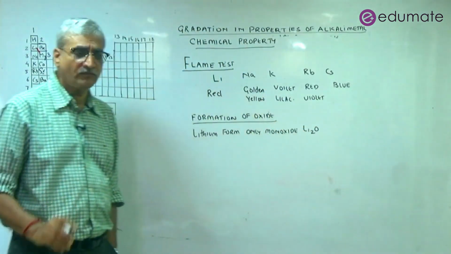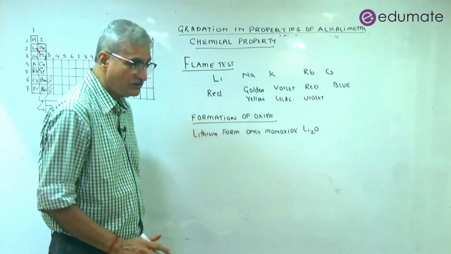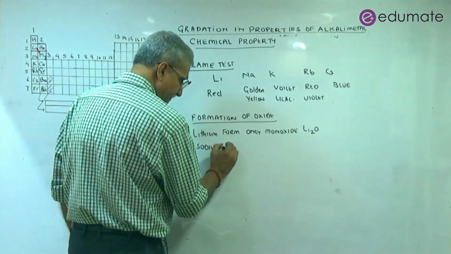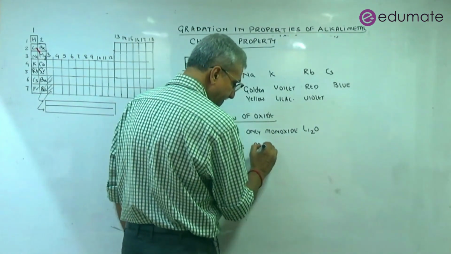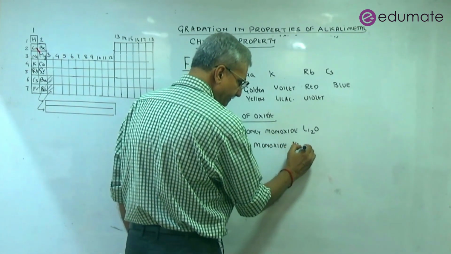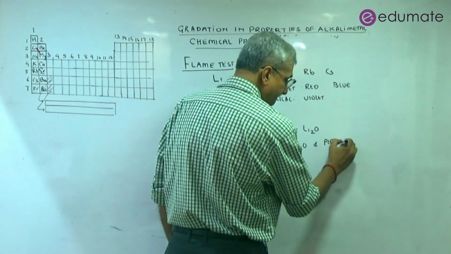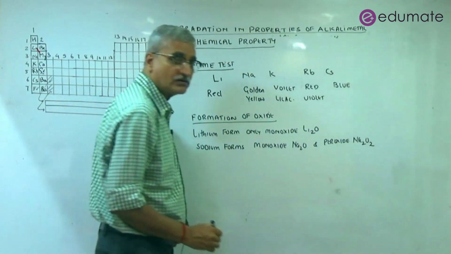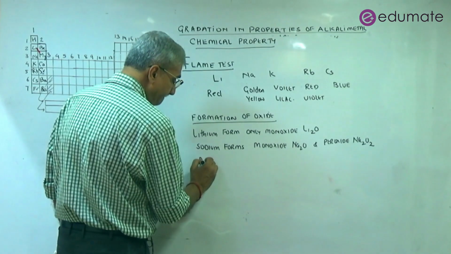Means others also form monoxide. Lithium forms monoxide only. Whereas what happens? Sodium forms monoxide and it forms peroxide, Na2O2, sodium peroxide. Then you have lithium, sodium, you have potassium,